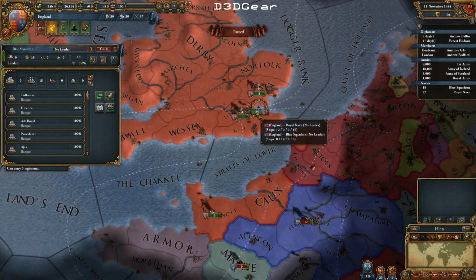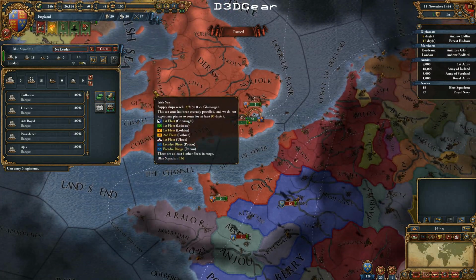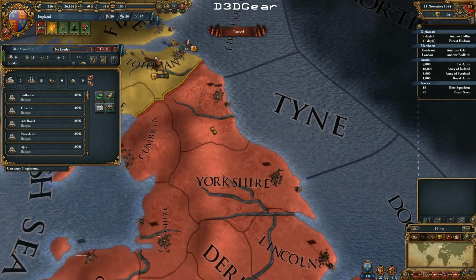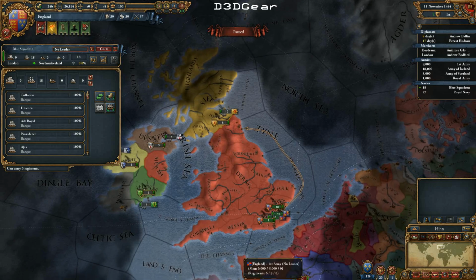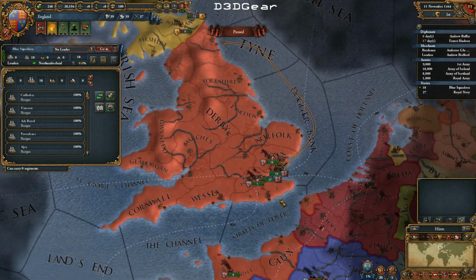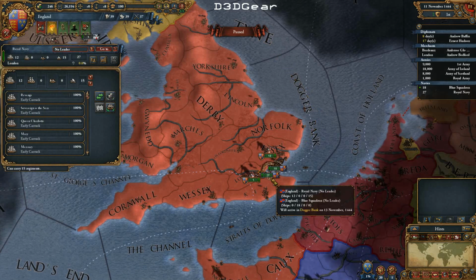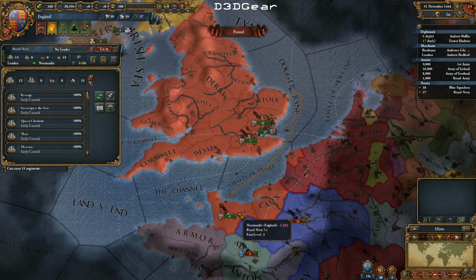So the first move for our fleet is Blue Squadron, that's the English trade fleet, and we're going to move that up to, not sure what city it is, but Newcastle maybe. We're going to move that in there just to get it out of the way, because we don't want to attack the French fleet. Our Royal Navy we're going to use to evacuate these guys,